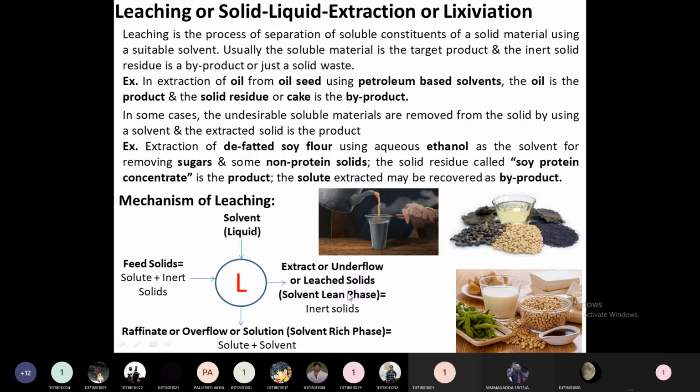Whereas the insoluble constituent of the solid comes in the extract phase, called the underflow or leached solid phase, which contains very little solvent, so it is called the solvent lean phase. The main constituent in the solvent lean phase is inert solids. So this is the mechanism which is going to happen. I hope this is also clear for everybody.